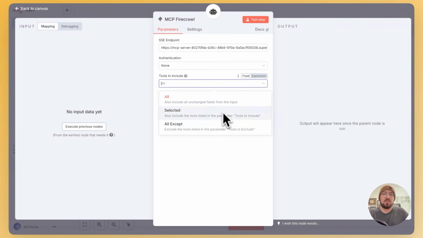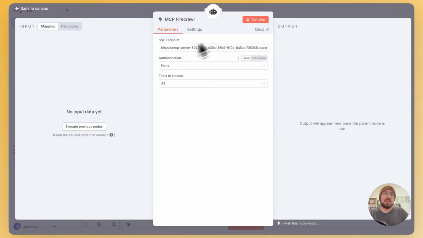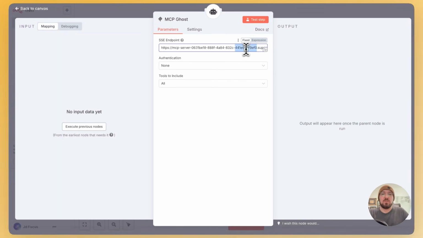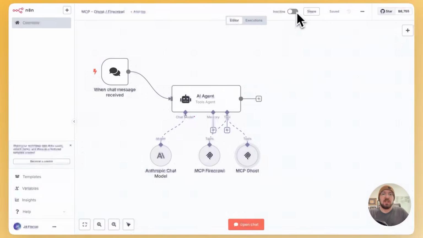We can have access to specific tools or selected tools. This is using the native n8n MCP, and when we go into Ghost, we can do the same thing. All we have to do is pass our SSE endpoint, and then we're able to work with this, hitting our Ghost CMS without any